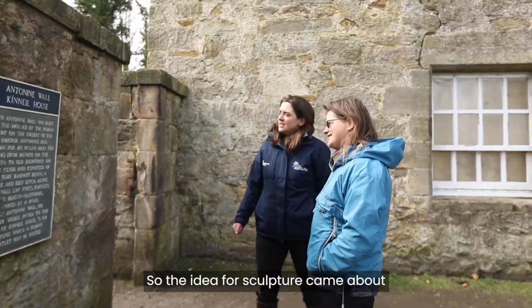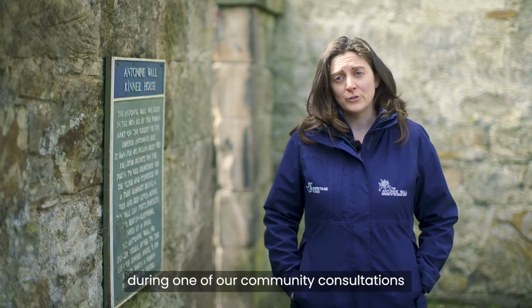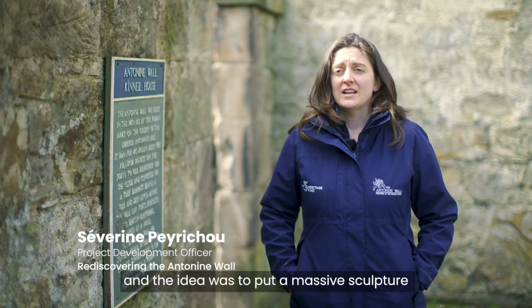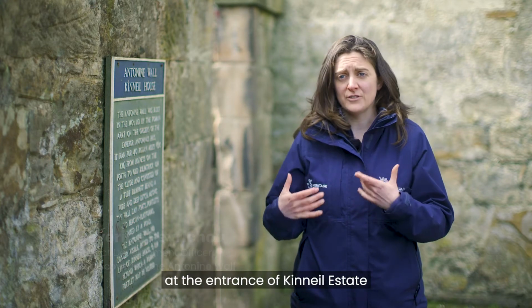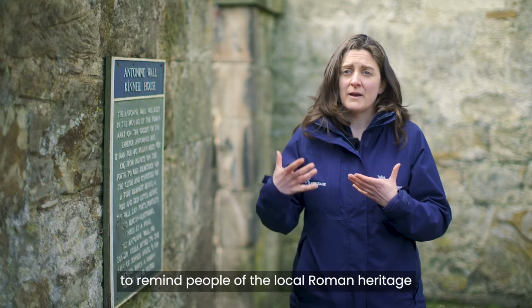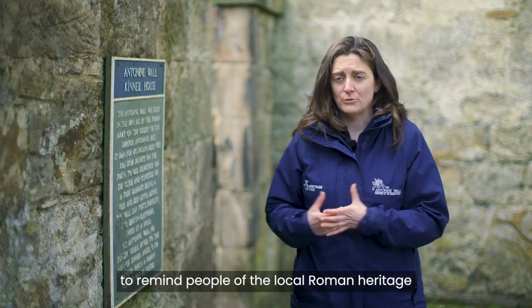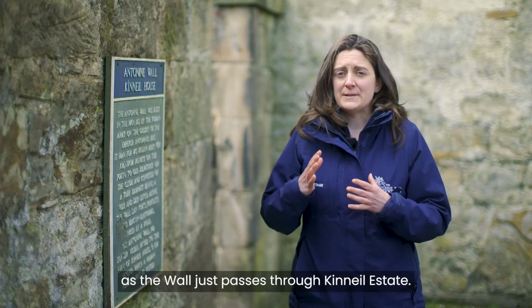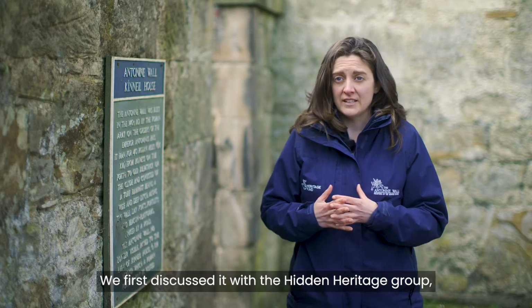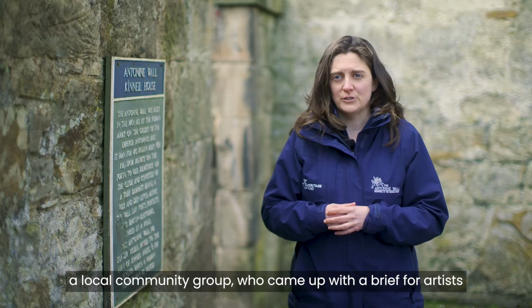So the idea for the sculpture came about during one of our community consultations, and the idea was to put a massive sculpture at the entrance of Kinnaird Estate to remind people of the local Roman heritage, as the wall just passes through Kinnaird Estate. We first discussed it with the Hidden Heritage Group, a local community group, who came up with a brief for artists